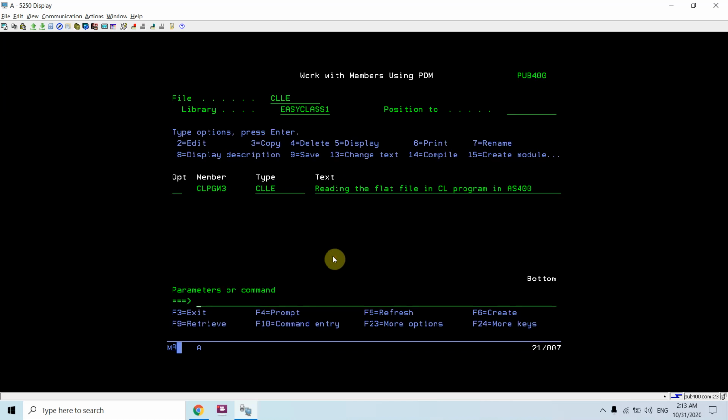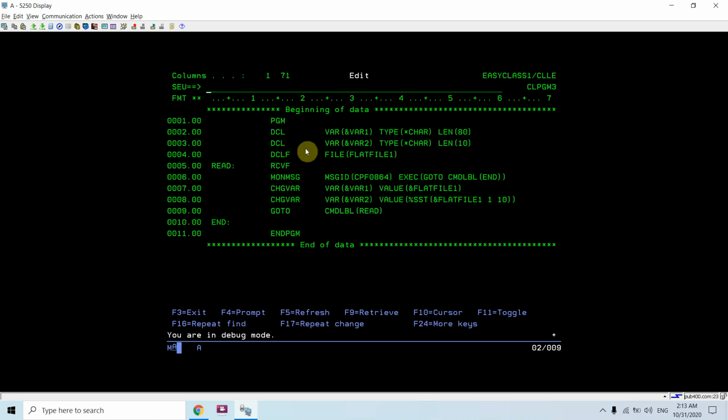Okay, so now when I will be defining this file in the CL program, that is the DCLF file FLATFILE1, I'll be using the same way as we are reading the PF. So we are checking the end of file CPF0864, and either we can use the loop method or we can use the GOTO or label method.